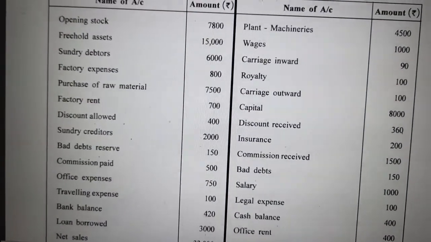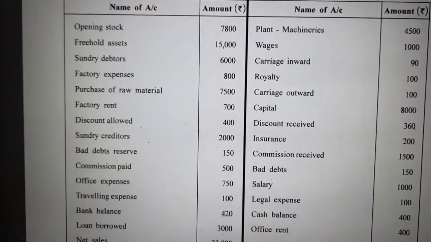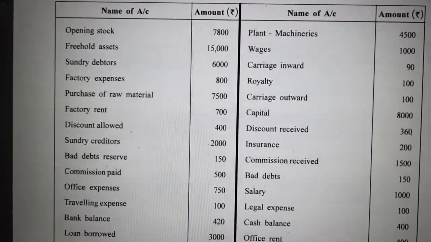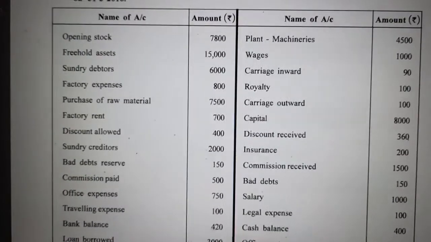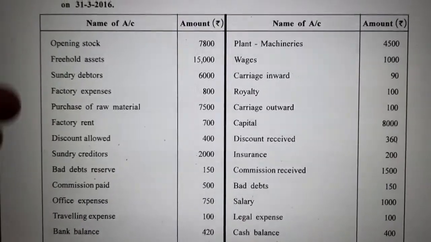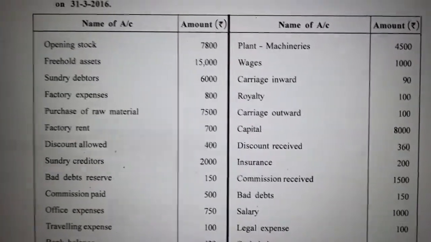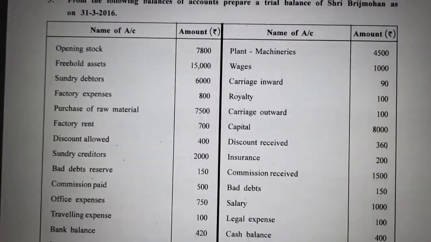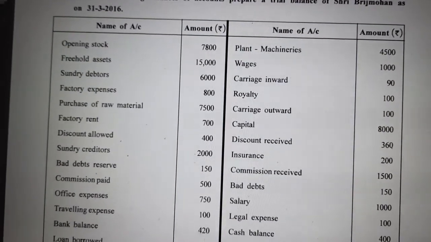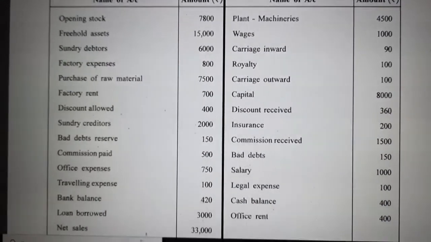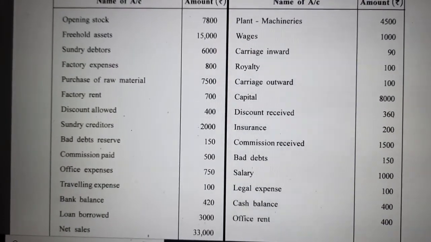What we have learned so far is that in a trial balance we have to list all the debit balance accounts on one side and credit balance accounts on the other side, and the totals should be identical. From this sum, it is nowhere given whether it is a debit balance account or credit balance account, but since we have learned which kinds of accounts have debit balance and which have credit balance, we will see how it is applied in a sum. So now we will solve this sum.